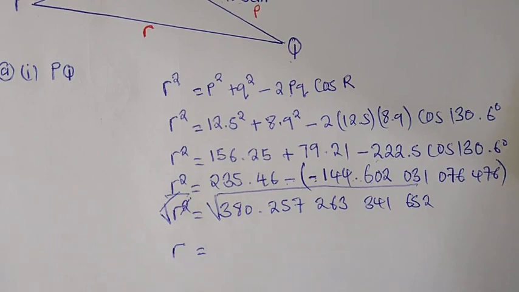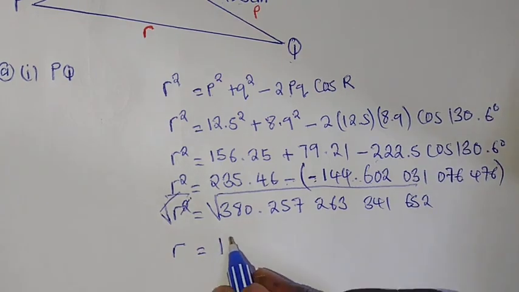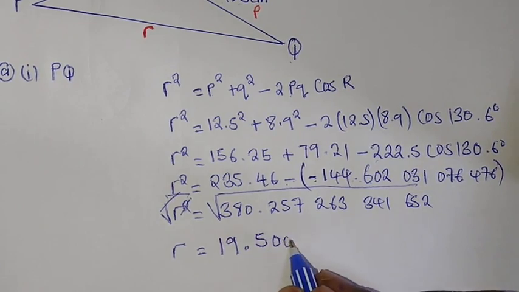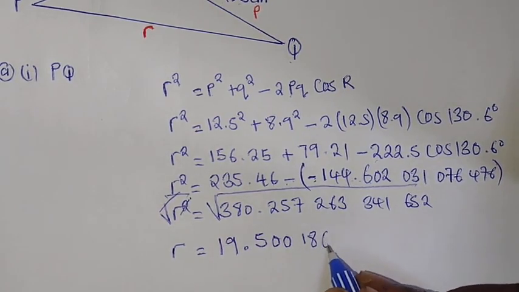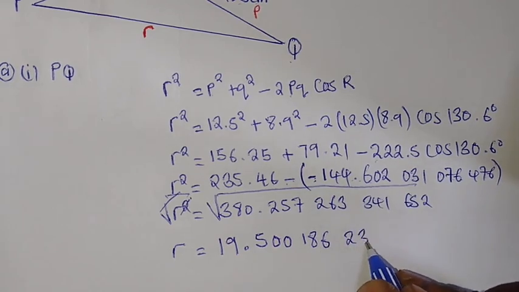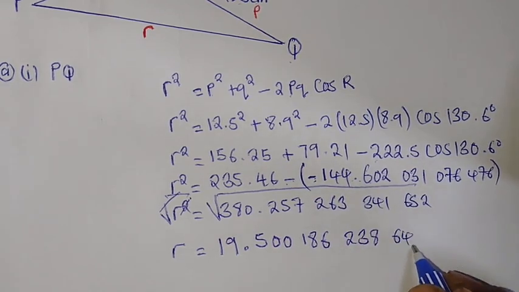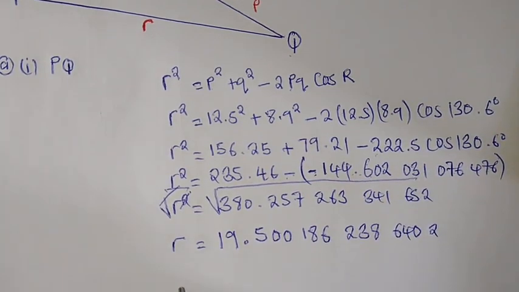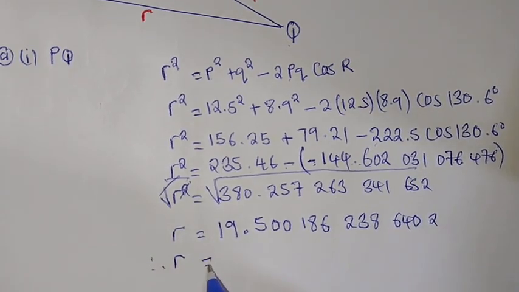So the square root of this number will give us r is equal to 19.500186238602. Remember, if the degree of accuracy is not specified in the question, leave your answer correct to 3 significant figures. So therefore, r equal to